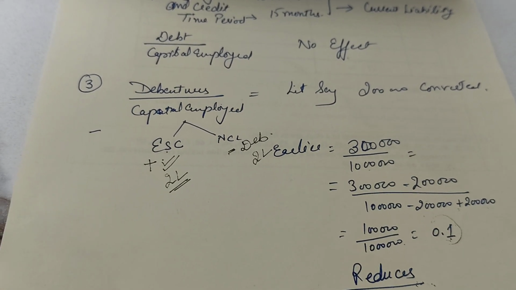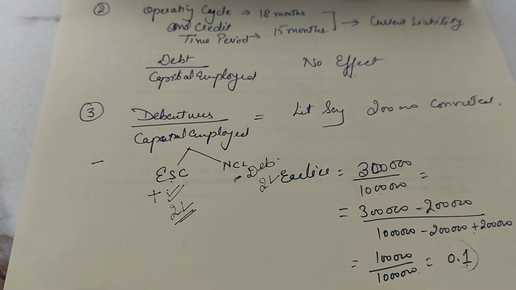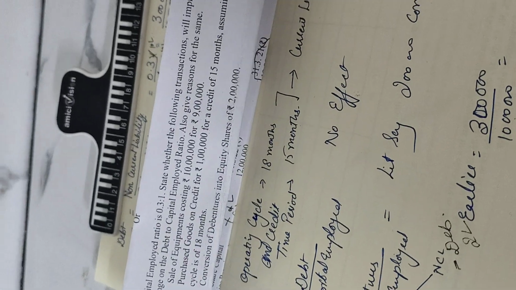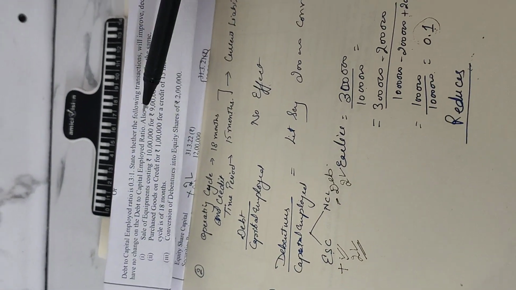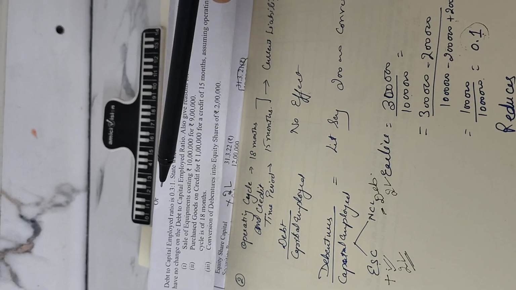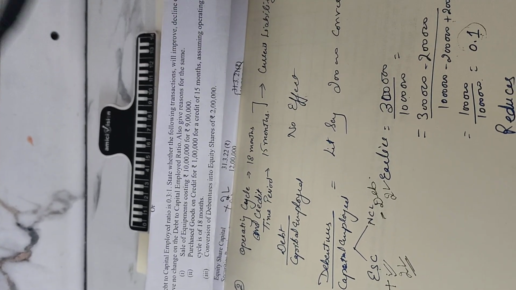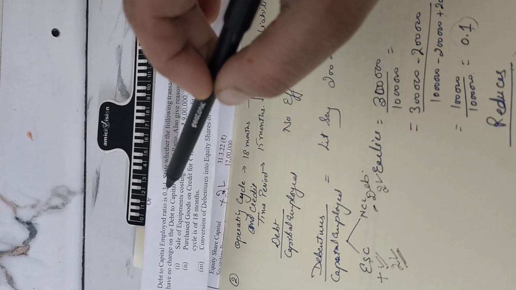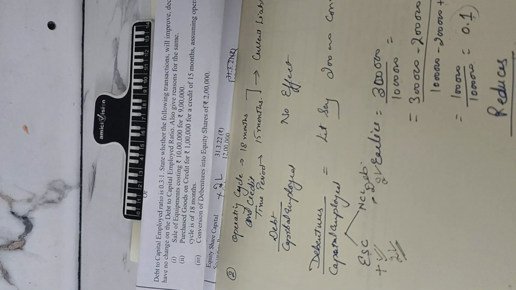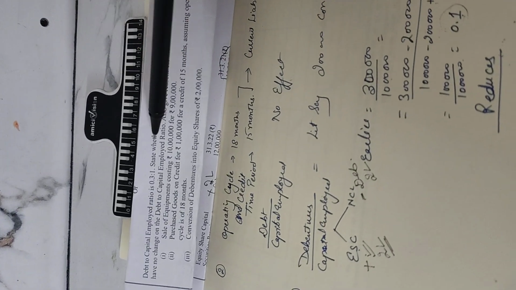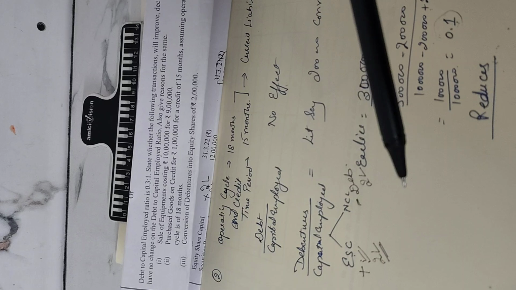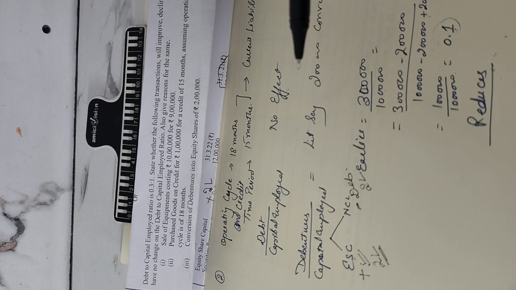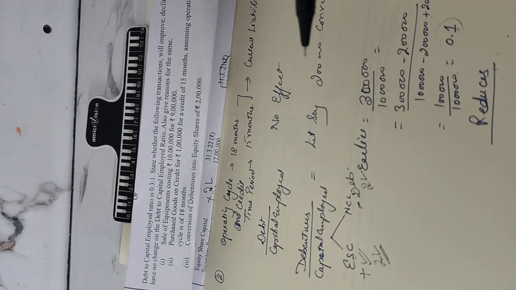So for the points we talked about, you have to give the reasons for the same. When you follow such kinds of questions, kindly assume some values for your given ratio, 0.3 is to 1. You can take any values, so it would be easy for you to make the calculations and show your workings, and also to pinpoint whether it will reduce or improve, rather than going along with guesswork.